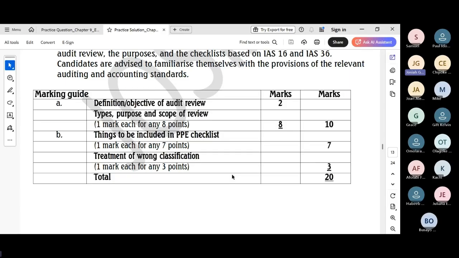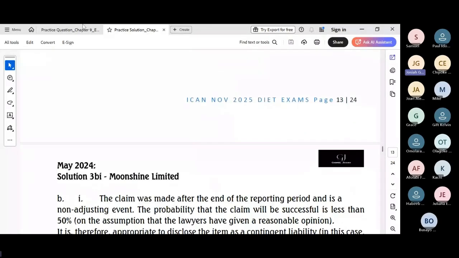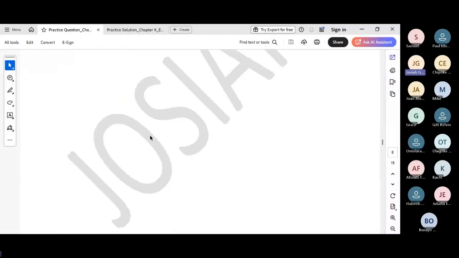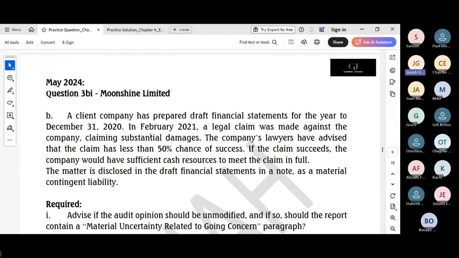And the third point you need to submit is around financial statement impact. This adjustment is actually material and will result in an increase in the net carrying amount of the land and building, and a corresponding increase in profit for the year, by reversing the original charged impairment expense. All right, so that's it for that little question on types of review and how to treat a wrongly charged asset.